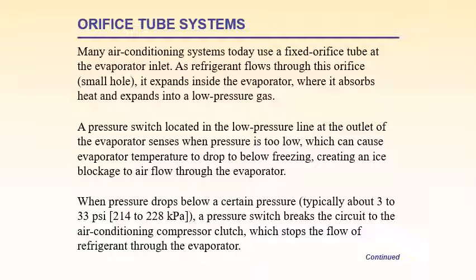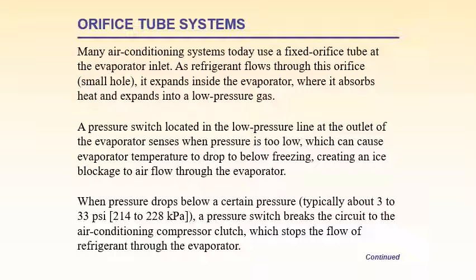And here at the outlet of the evaporator is the temperature sensor. Now next is the orifice tube. What is the purpose of this orifice tube? An orifice tube is a small diameter tube. Whenever you have seen any refrigerator, at the back side of the refrigerator you have seen small diameter tubings. What is the purpose of these tubings? Whenever a refrigerant flows through these tubings, it absorbs the heat and also gets converted into a low pressure gas. So in this case, in the orifice tube system we are incorporating a pressure switch.